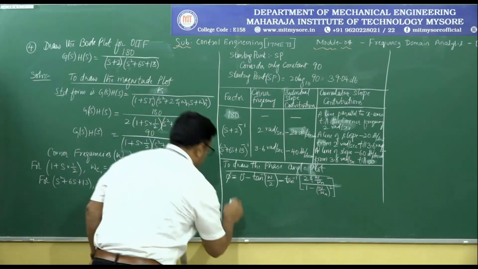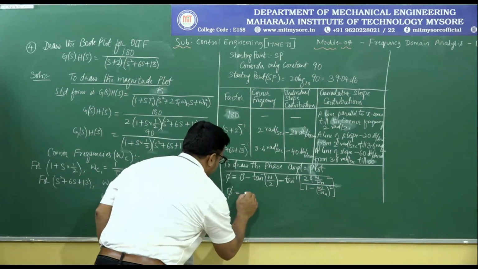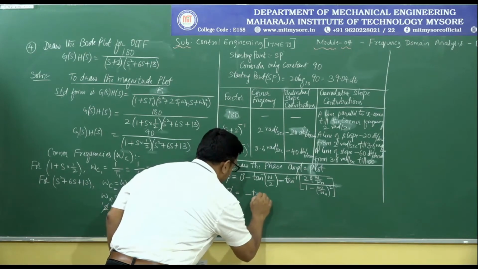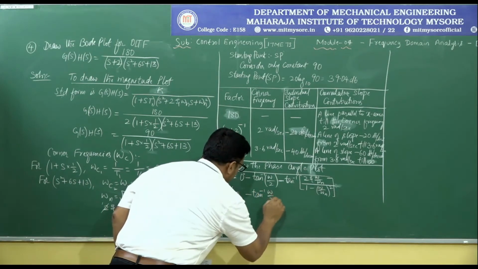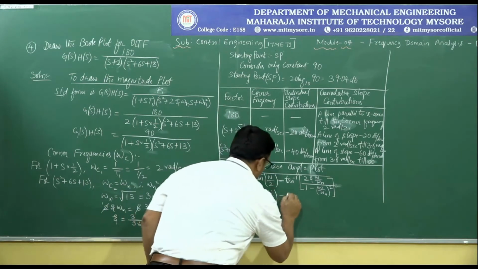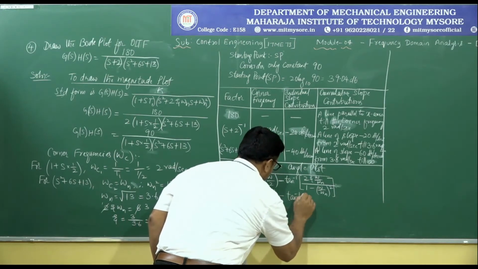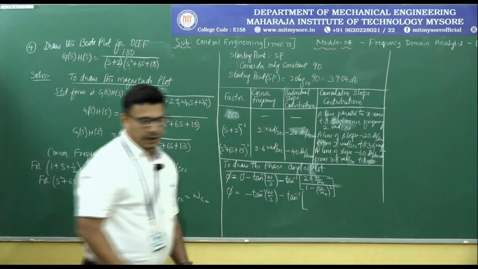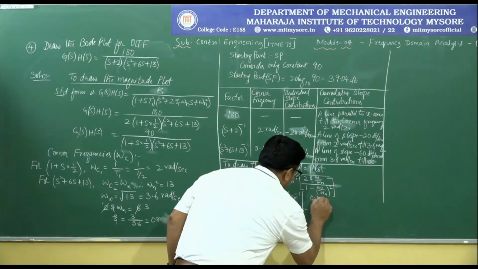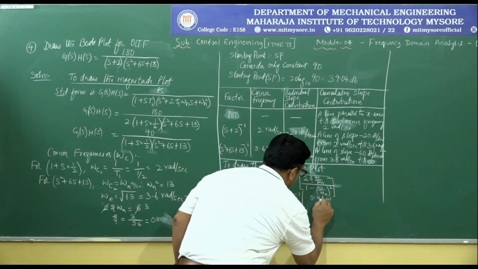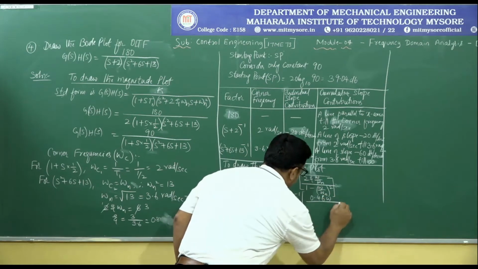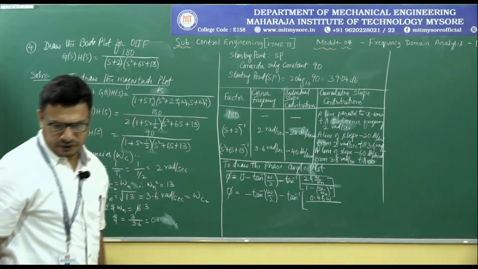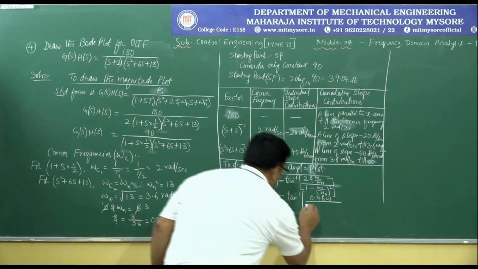Now if we try to substitute this and find, it will be minus tan inverse of omega by 2 minus tan inverse of, if we substitute zeta value, omega n value over here, 0.46 omega divided by 1 minus